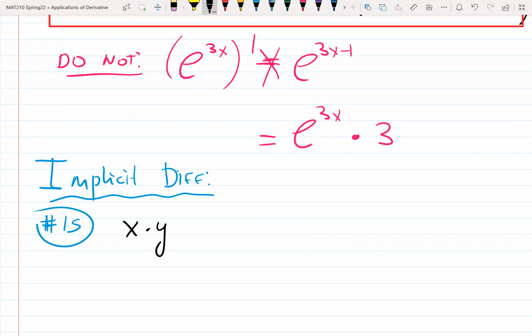Question number 1, find dy over dx, it means y prime. Question number 2, find dy dx at the given point,